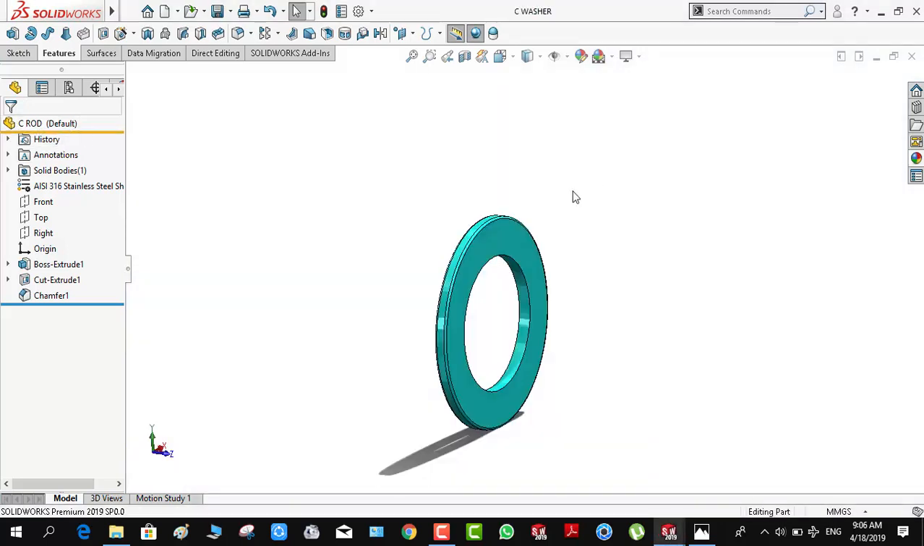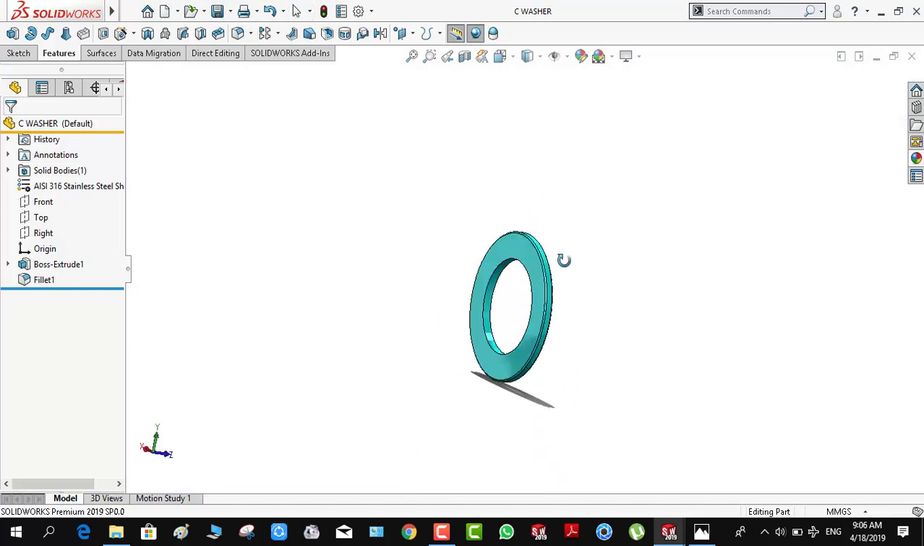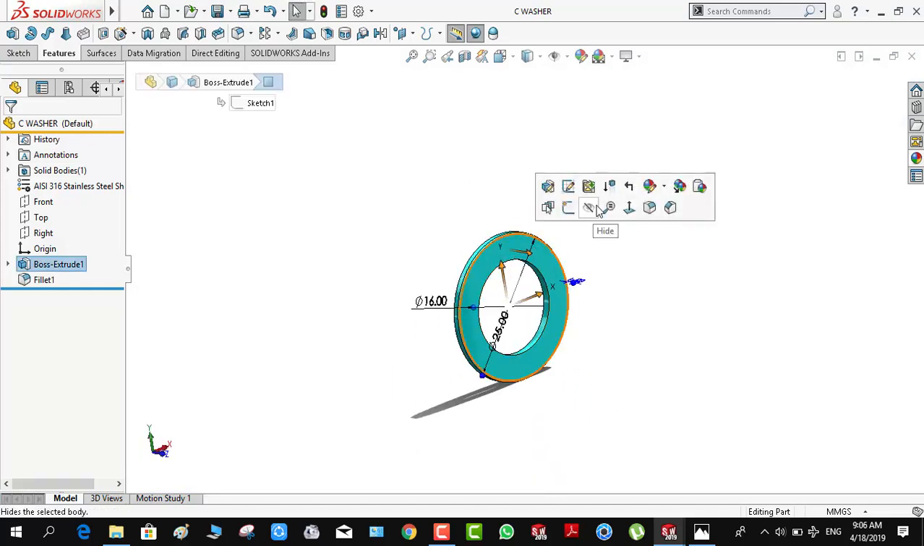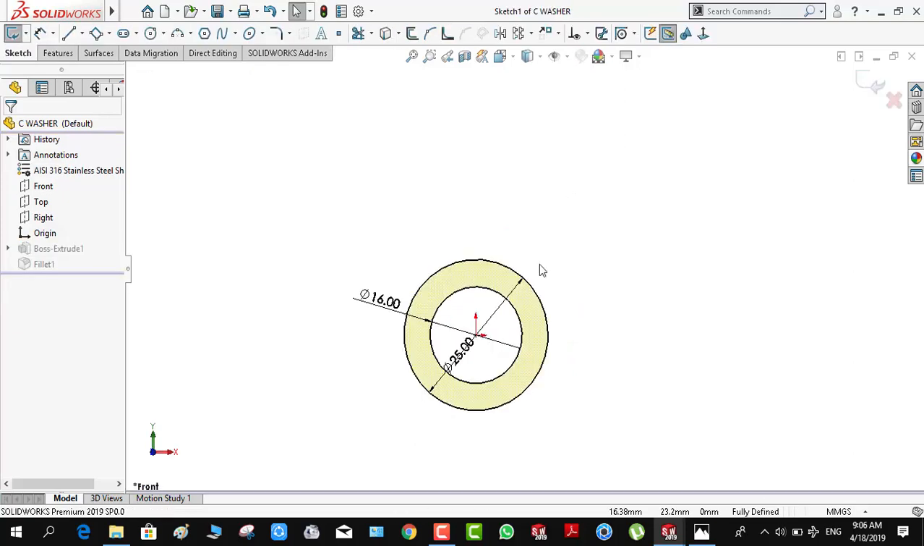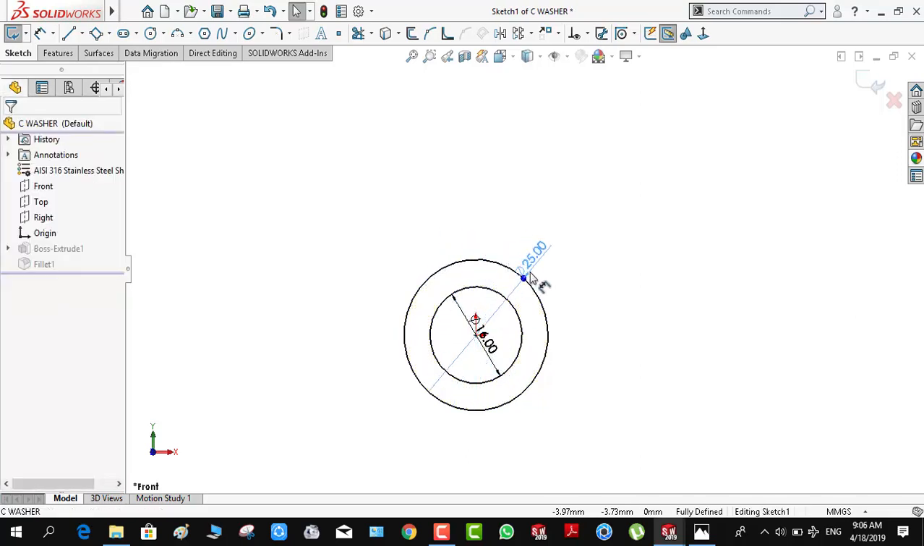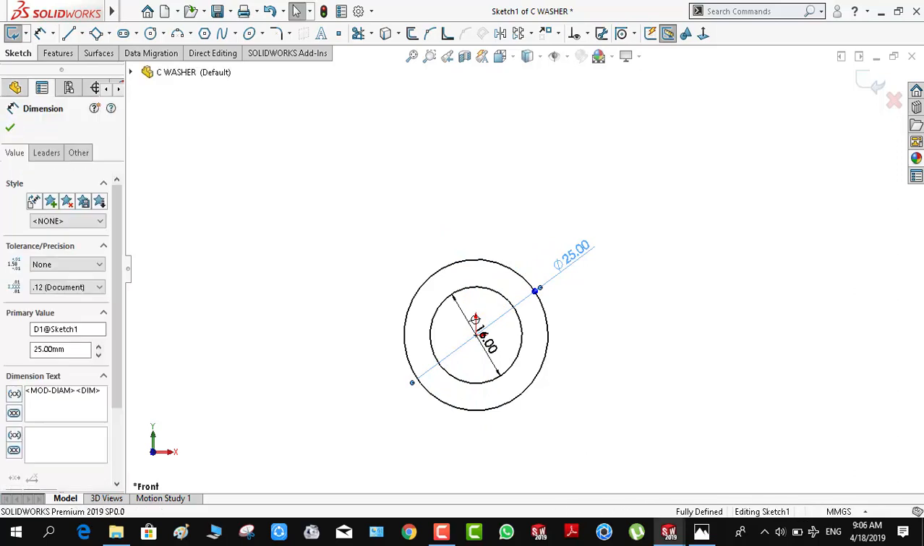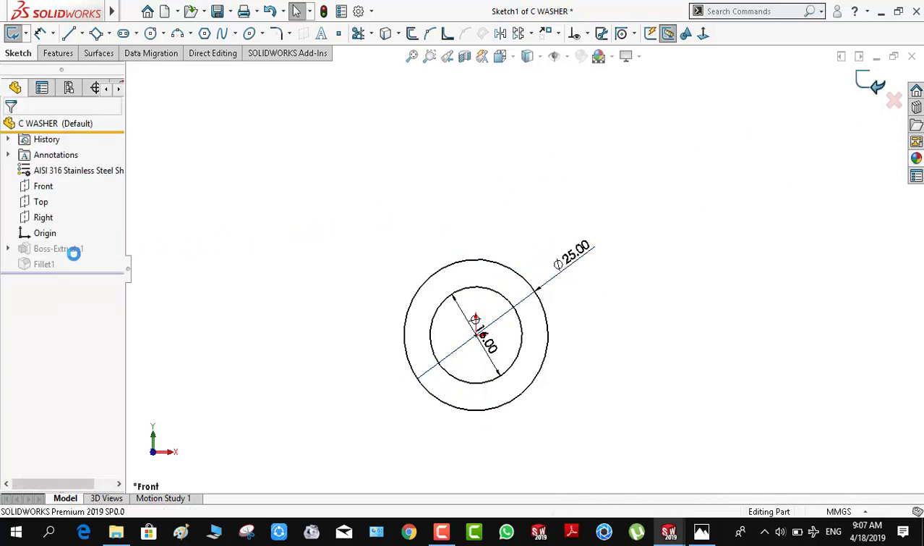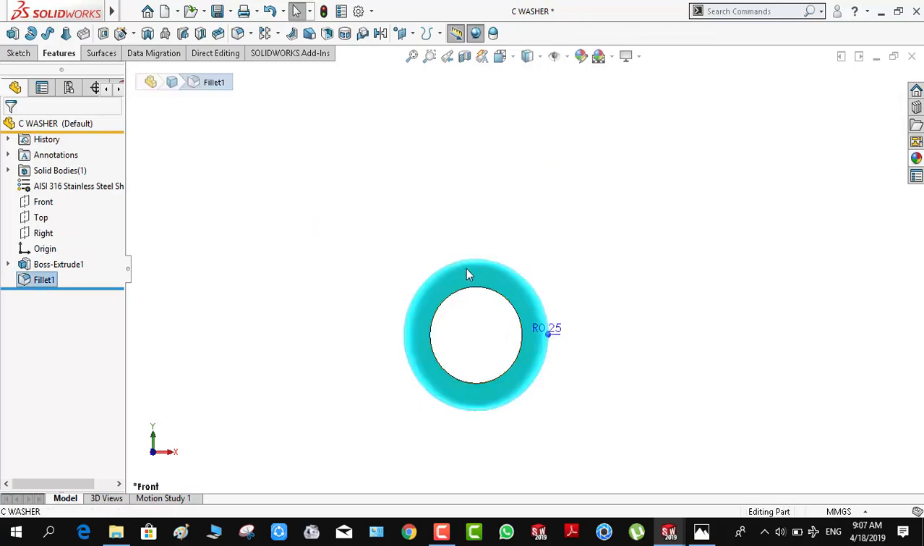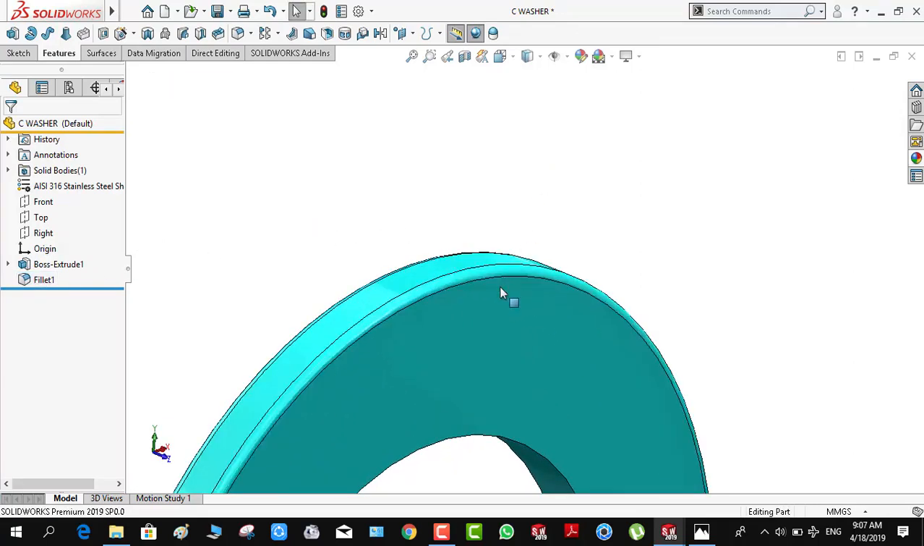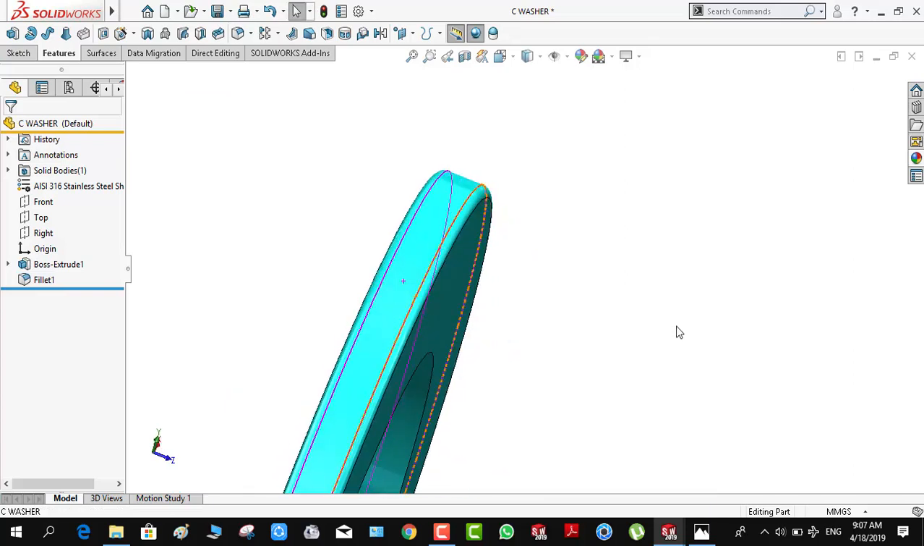And the last part, the washer. We made a sketch of 2 circles. The inner one is equal to 16 millimeter because our bolts are 16. Okay, the outer one we made 25 millimeter. Then we added fillet to the edges. Okay,